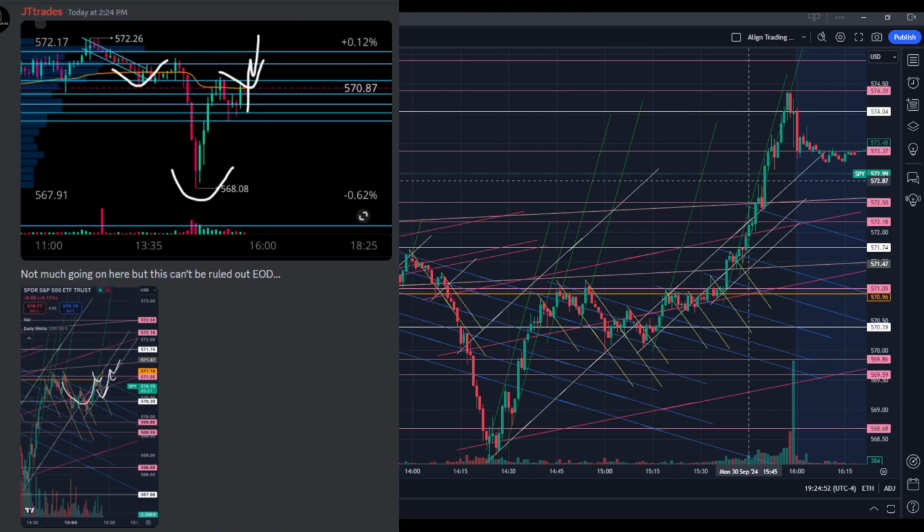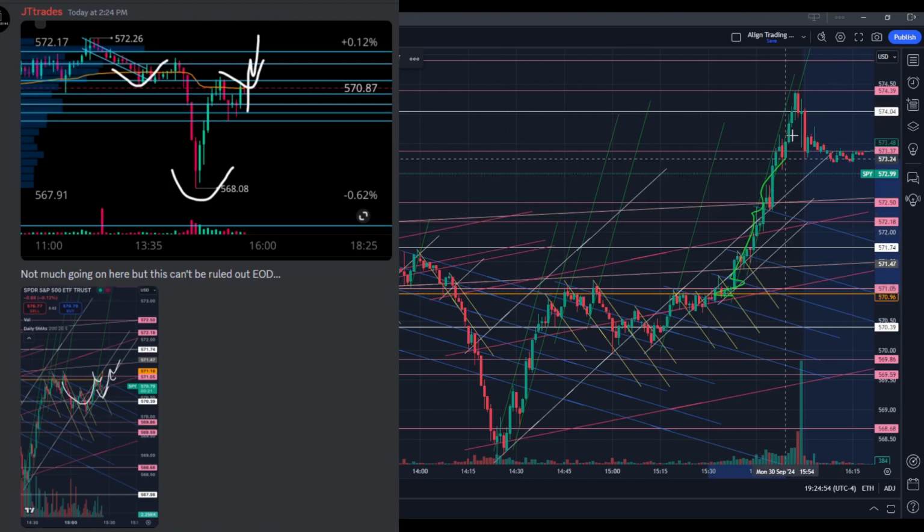Now, with this move up, obviously no one can ultimately guarantee this move being a $4 move in 30 minutes, but you see how if you were involved off of that cup and handle I explained right here, you could begin to catch that and you would have been rewarded for it.